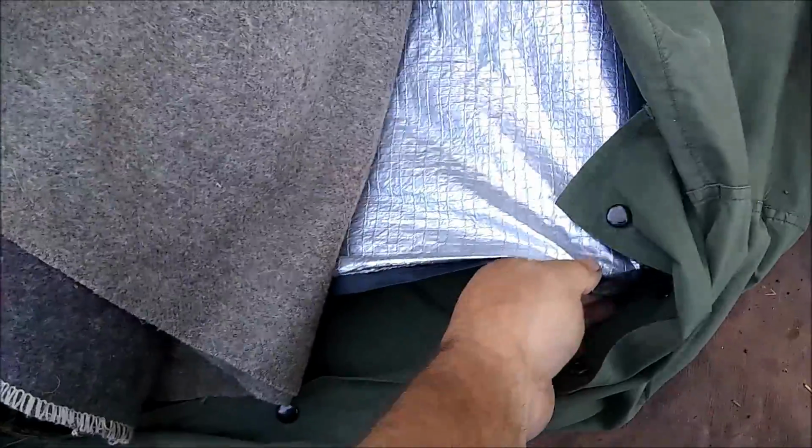But let's go over my system here. I've got two wool blankets. Stole this from my daughter. She doesn't know I have it, but it was fuzzy and it's comfortable. Excuse me, to cover yourself up with rather than the scratchy wool. Now my underlayer, I've got another wool blanket and another wool blanket, and then I get to my reflector blanket, or an emergency blanket, that goes in the bottom. This is then all squeezed